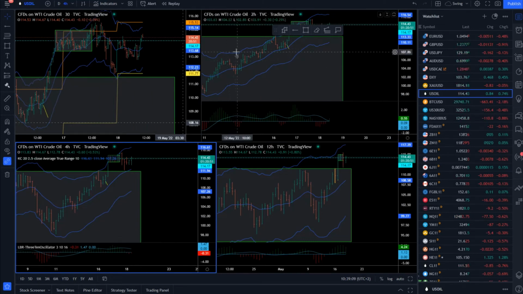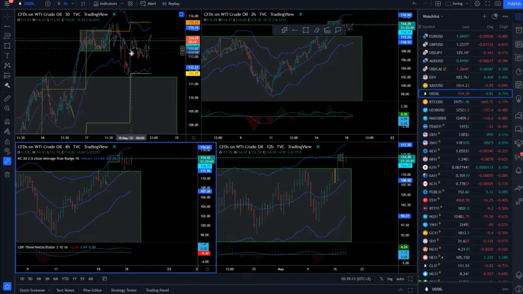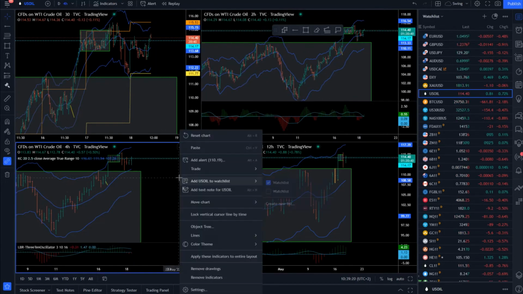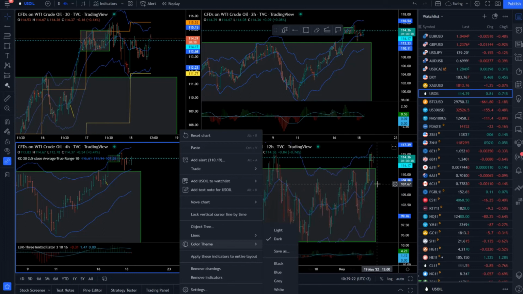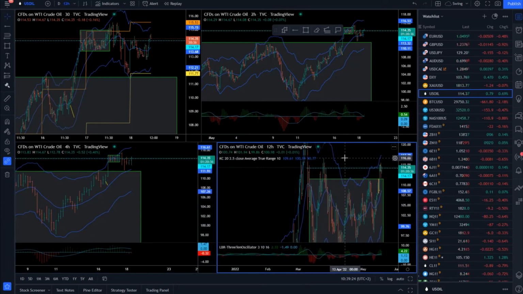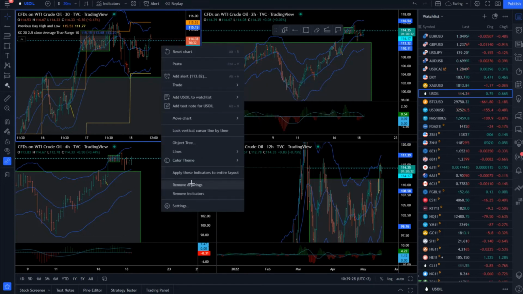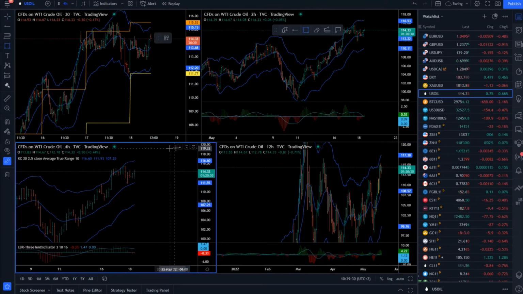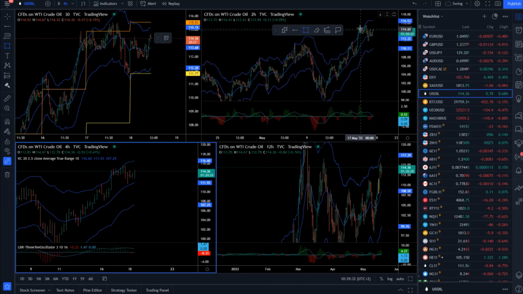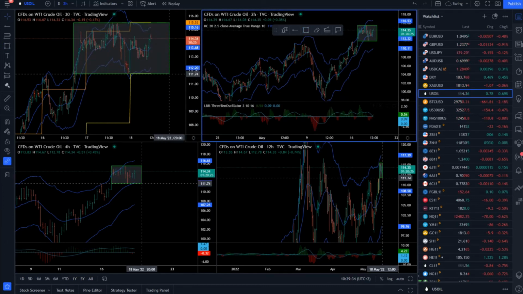Crude oil is, I will say, sideways. Had some rally at the end of yesterday, and today is pretty choppy, right? We have this pivot high still untested at 116.65, but based on what I can see here, it's very choppy, and I would like to see either a break of the previous day high at 115.65